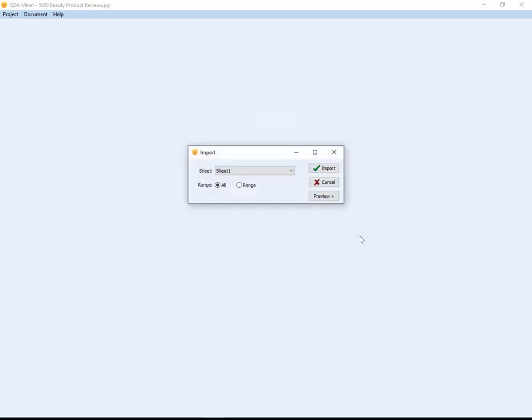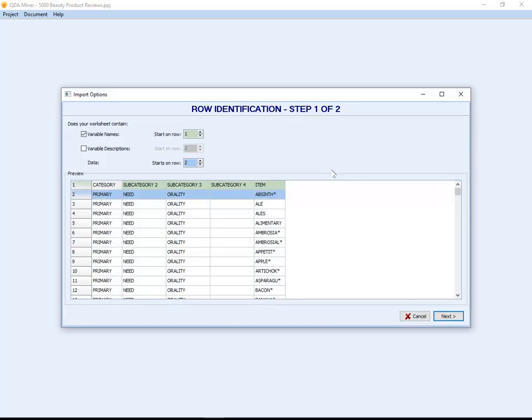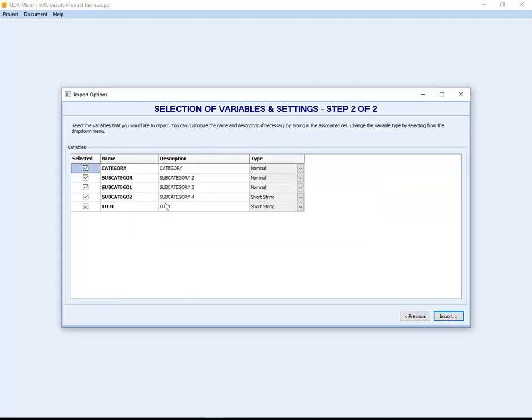guide you. Up until now, this is how it has been done before, but now it will show you all the items, and you could choose, for example, which row contained the variable name. If there's a description on another row, you could select it, and you could tell where the data starts. So it's a little bit more flexible here, but it will also then allow you to select variables that you